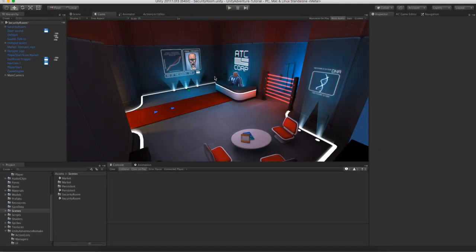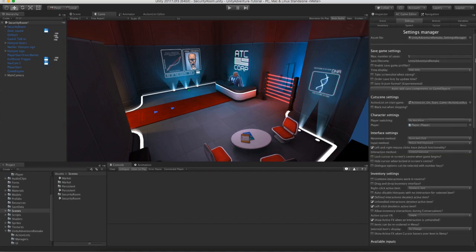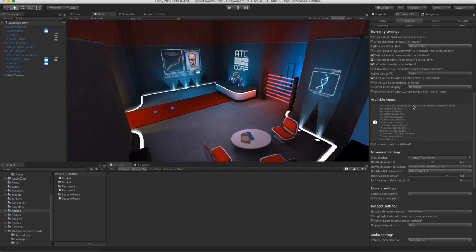Let's now go and add a nice feature to any adventure game, and that is the ability to skip cutscenes, because it's nice to be able to cut through some cutscenes that we've seen before. Let's go to the Settings Manager, and you can see about halfway down we've got a list of our available inputs. And this lists any inputs that we can add to our input manager that will have an effect. And it'll change dynamically based on what your other settings are, but one input that is always here is End